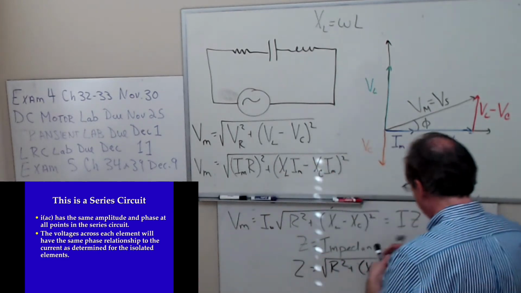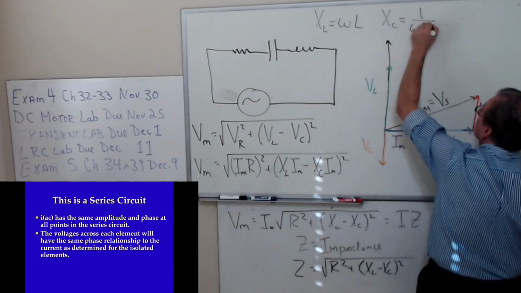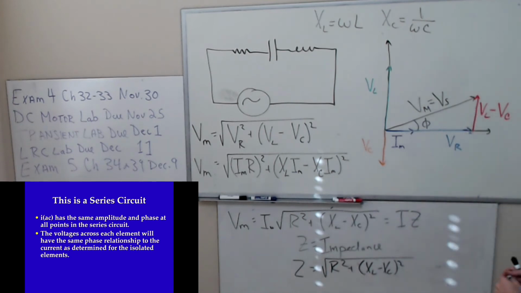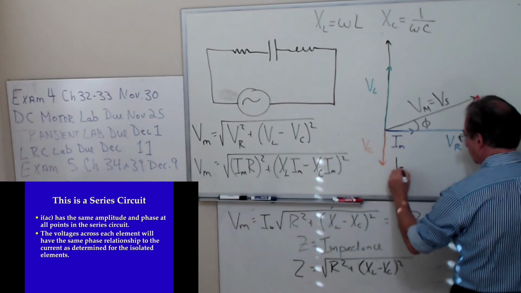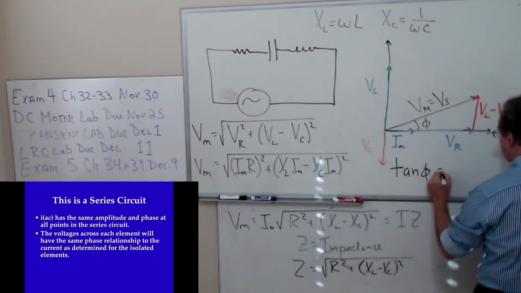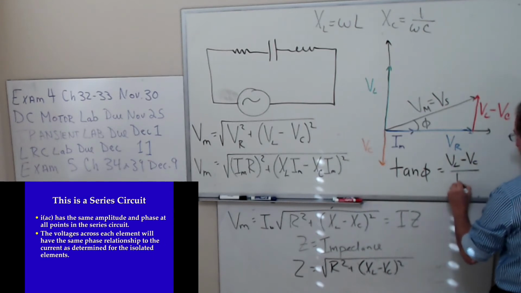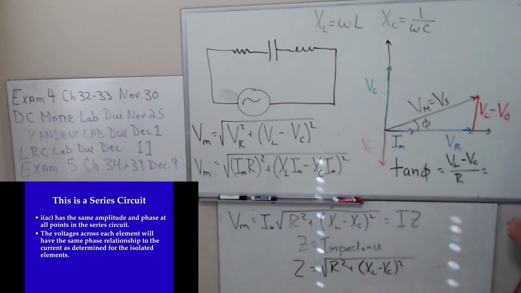Okay. And then X sub C is 1 over omega C. So this is the impedance triangle. And then from trigonometry, tangent of phi is opposite over adjacent. And since this has a V sub R, since these have the I in common,